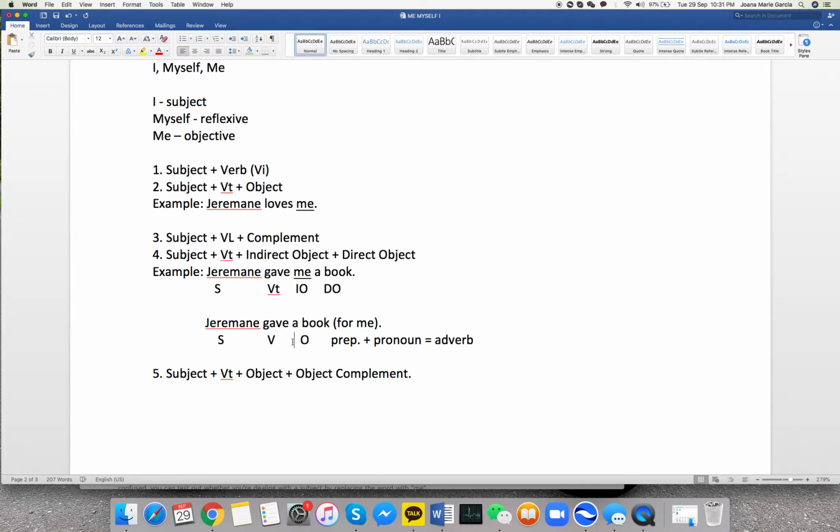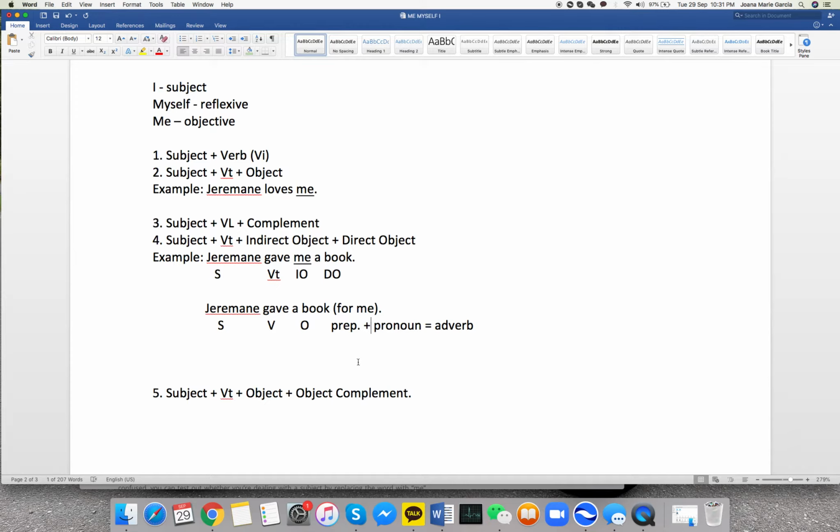And what's the actual purpose for me? Okay, so that's the thing. That is one. So me, because that is an indirect object. Right? Yeah, so for this case, as you can see here, I use me here because we